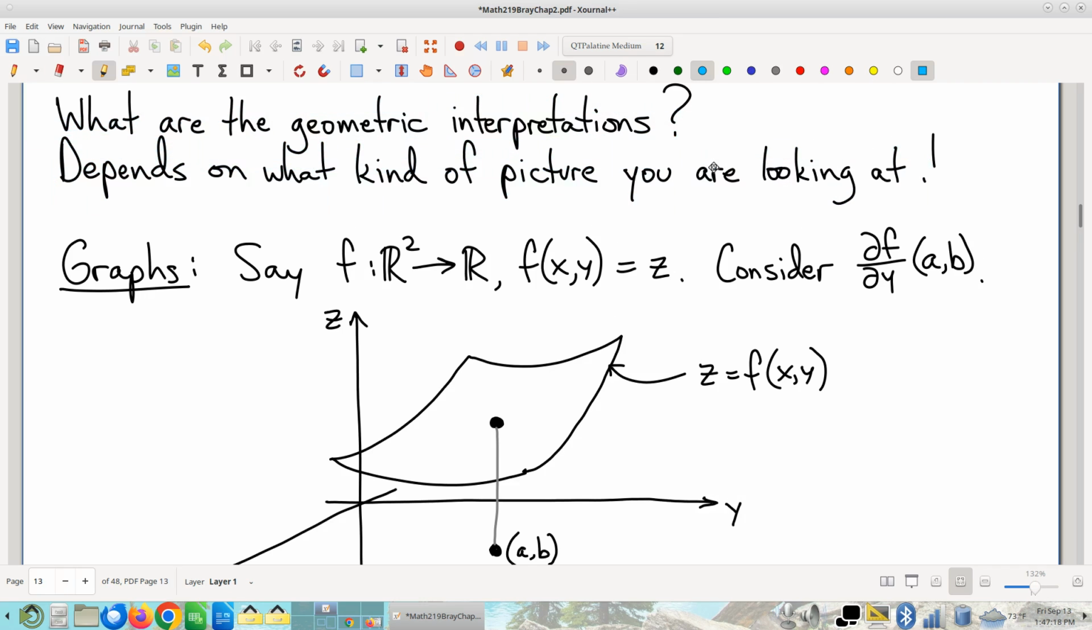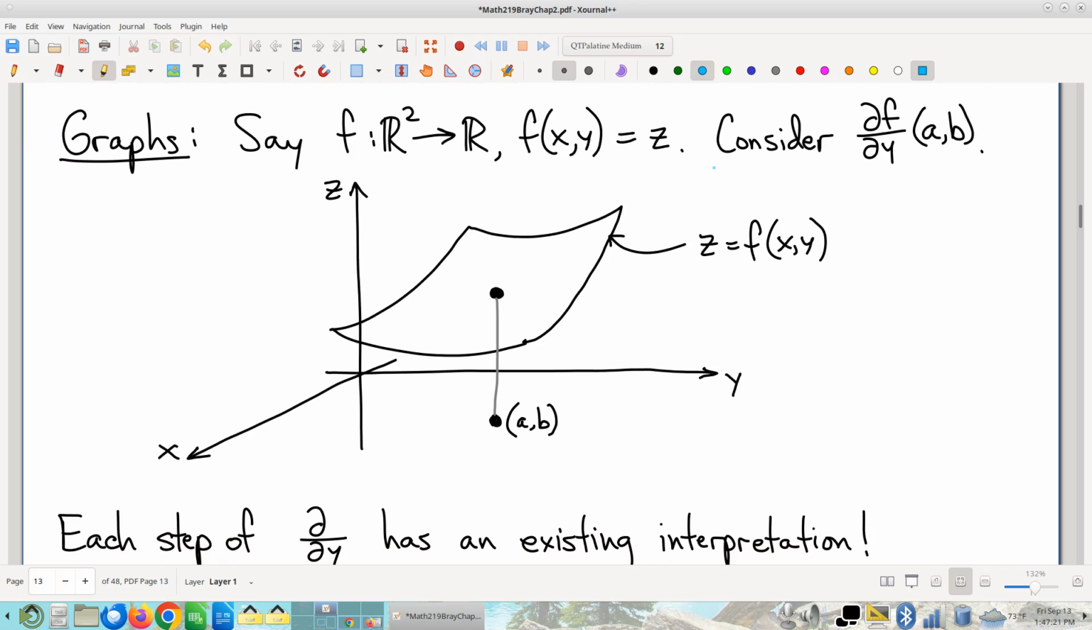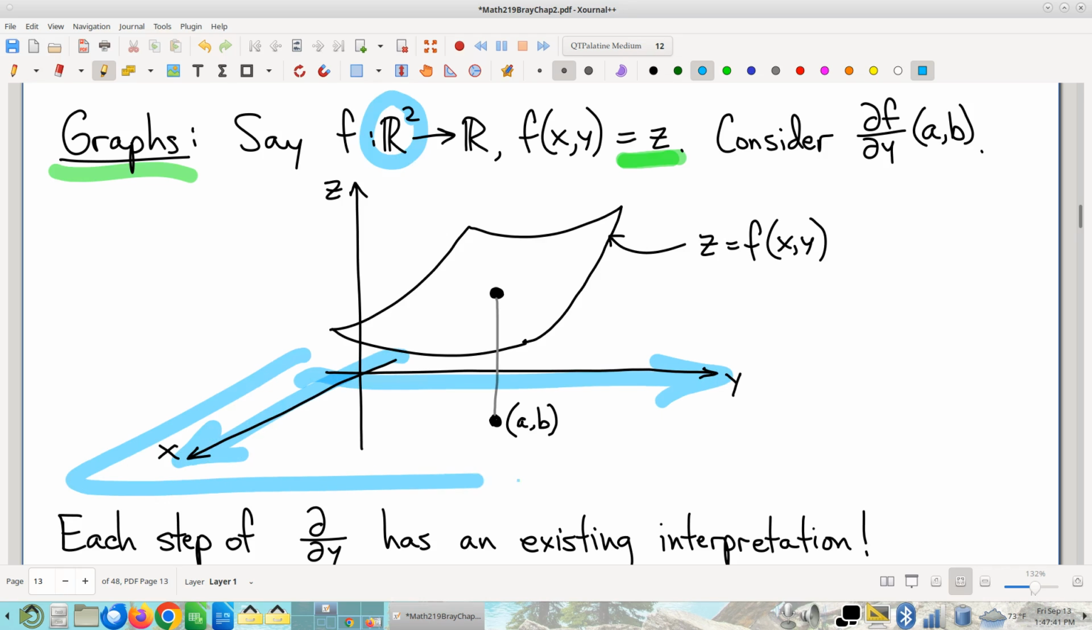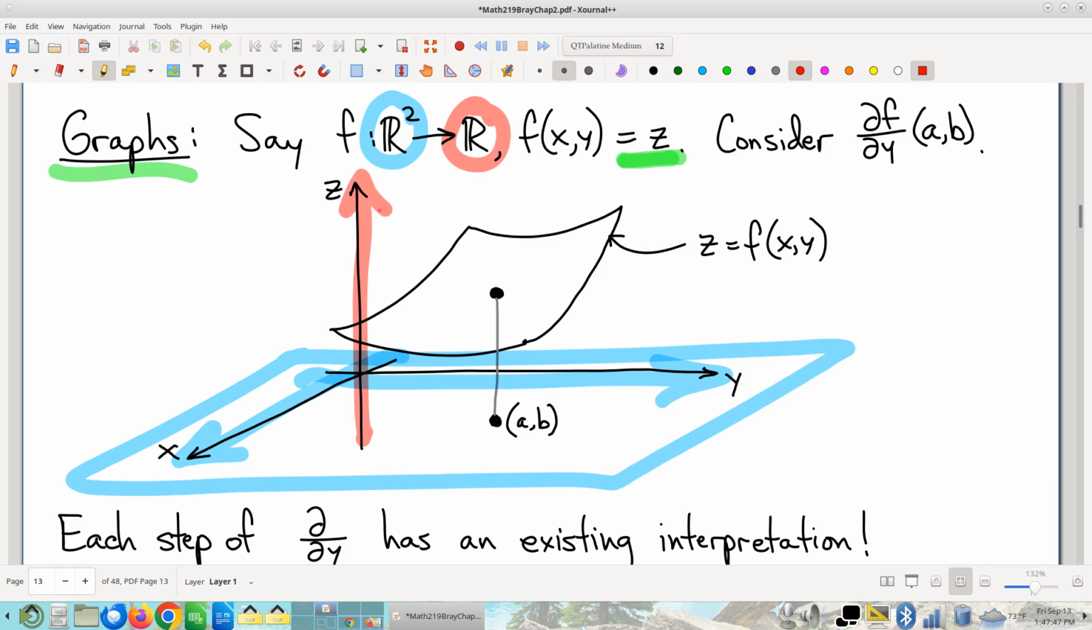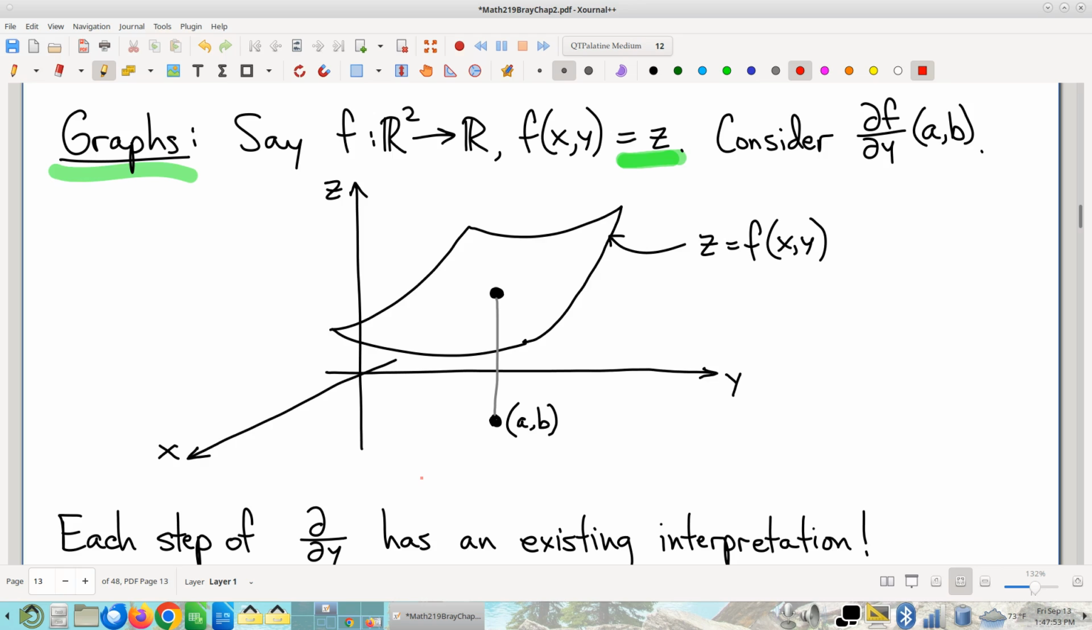Okay, so here we go. We're going to start with graphs arbitrarily, and keep in mind, if you're looking at a graph, it means you're going to set your function equal to a new variable. Here we'll call it z. So we're looking now at a graph of this function of two variables. Keep in mind the domain when you're drawing graphs: for a function of two variables we typically think of the domain as being the xy plane, and the target as being the z-axis, if you will. And we're going to try to make geometric sense now out of taking a partial with respect to y